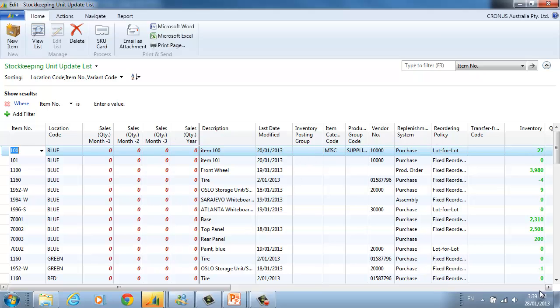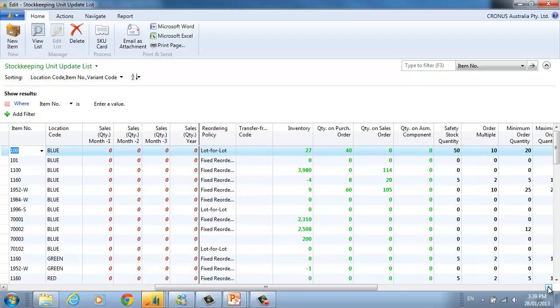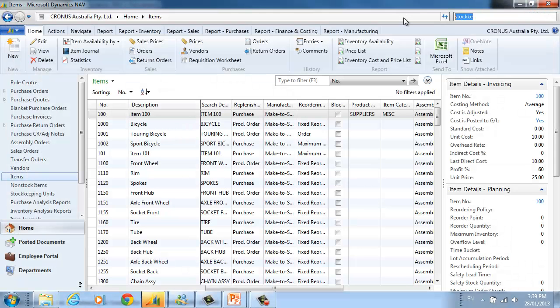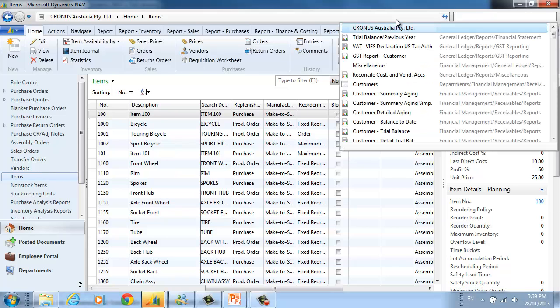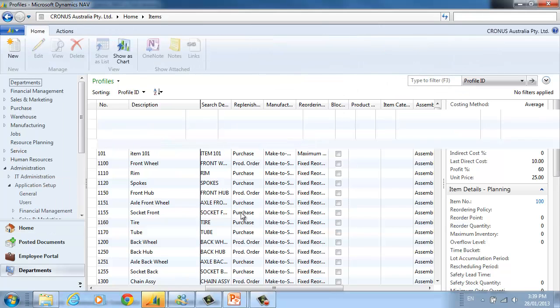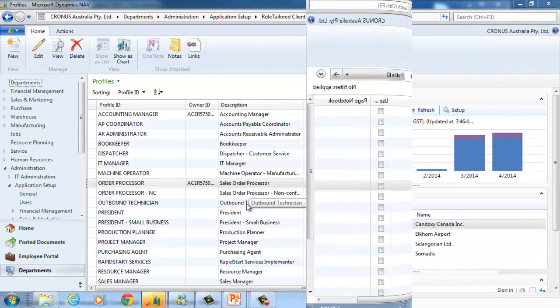So here, for example, we have a custom list of stock keeping units showing lots of flow fields. It's very handy, but it consumes some resources. So it's a balance between usability and speed, and we could use profiles not to show the information to